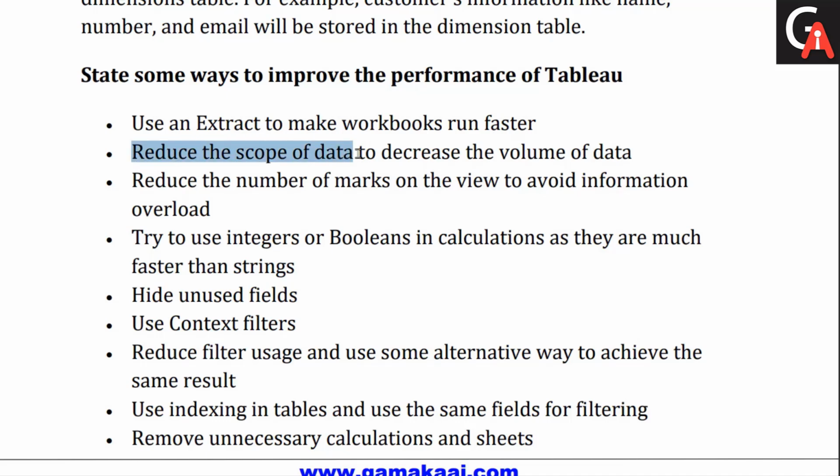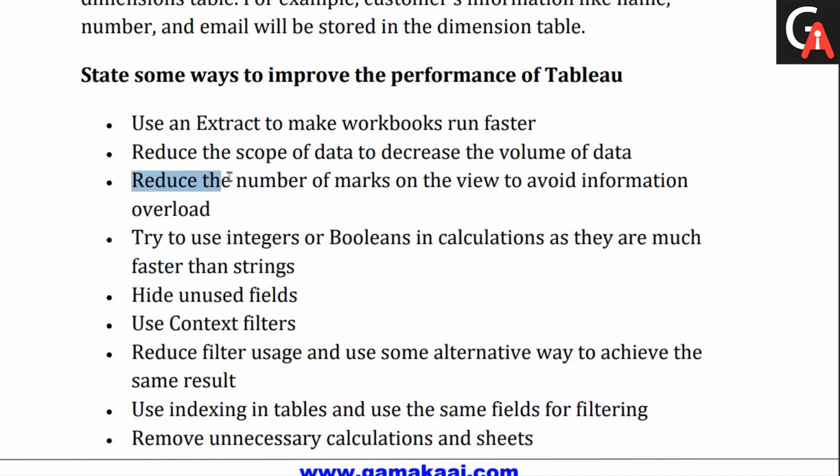Then reduce the scope of the data to reduce the volume of data. Scope of data means that whatever data you require, only that data will be imported into Tableau. We can use features like filters to get just that data into Tableau.